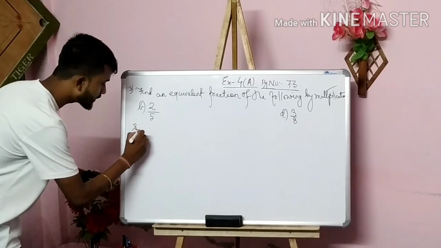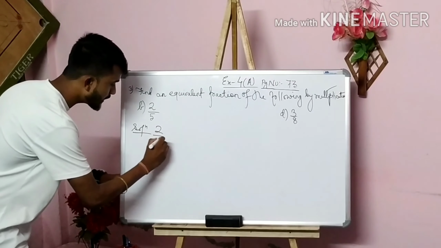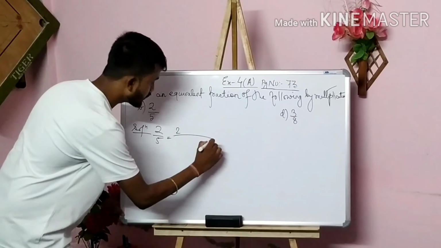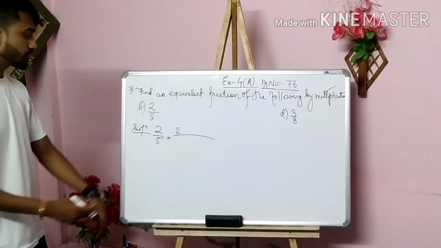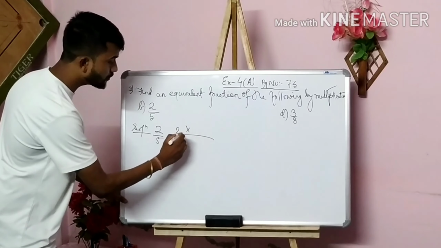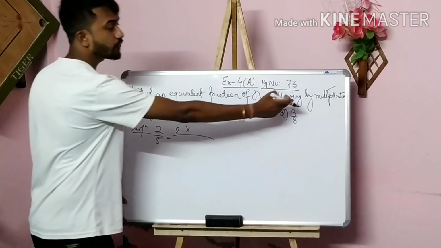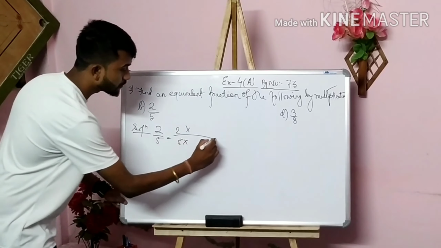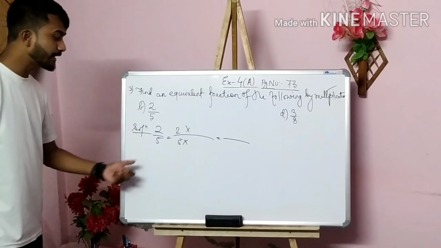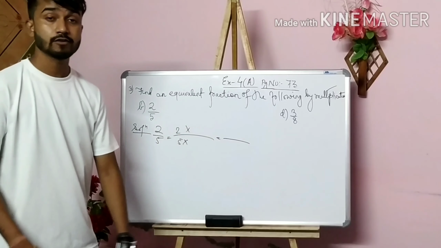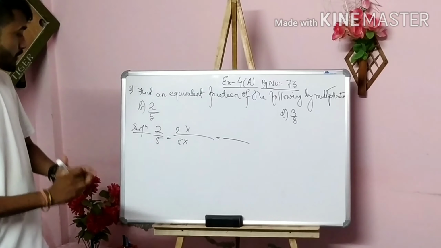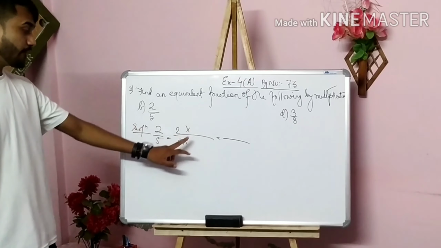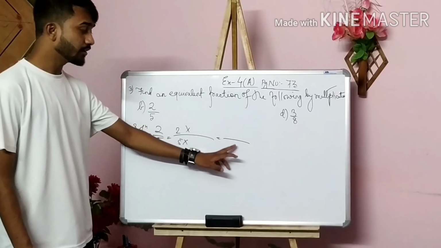Suppose I am taking it here, solution 2 by 5. I have written it here. You have to write it like this: 2 by 5, 2 into, I have given into because we have to find it by multiplication. So 2 into, and again 5 into. Get your solution ready like this. Now 2 by 5 is here, 2 into something and 5 into something, and we will get something here.